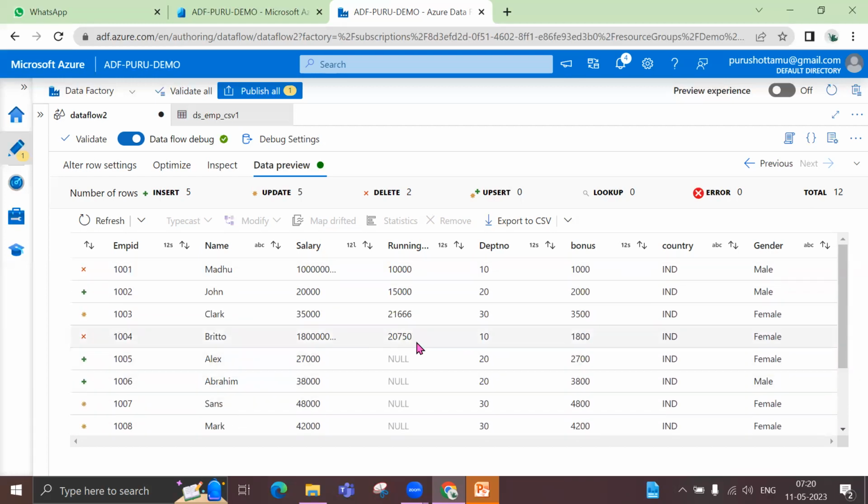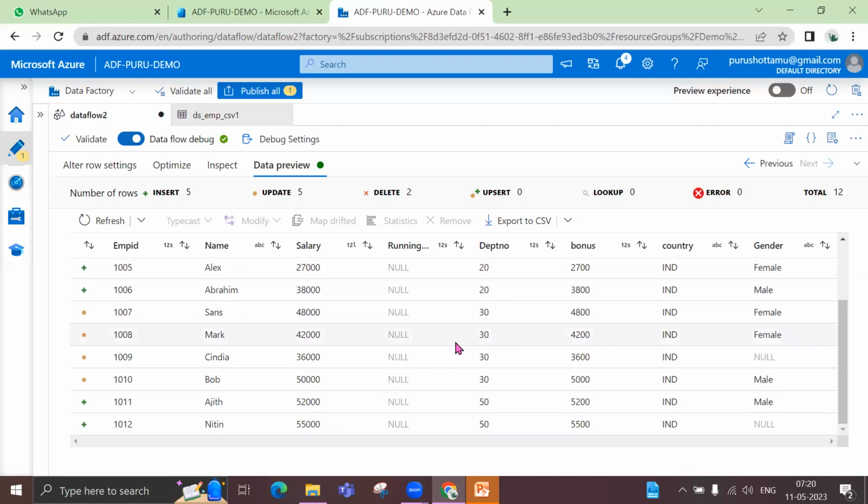If you see, it's again inserting those records with the department 10. So that is how the